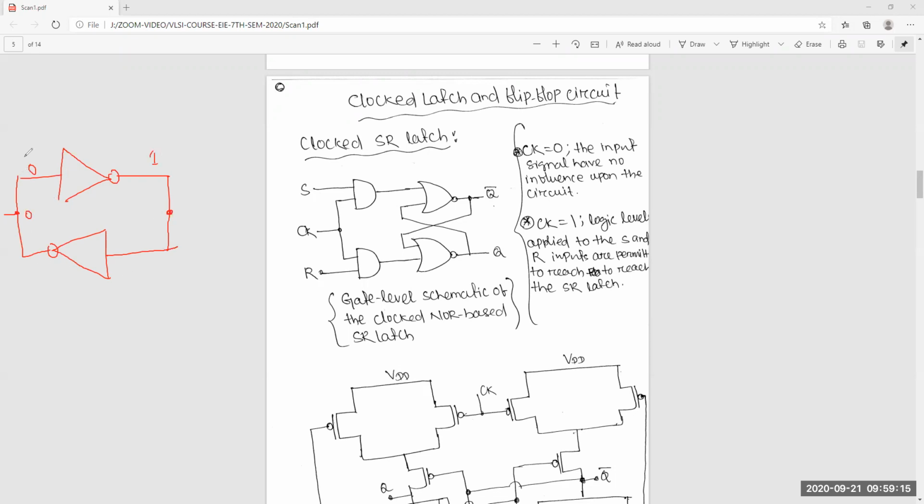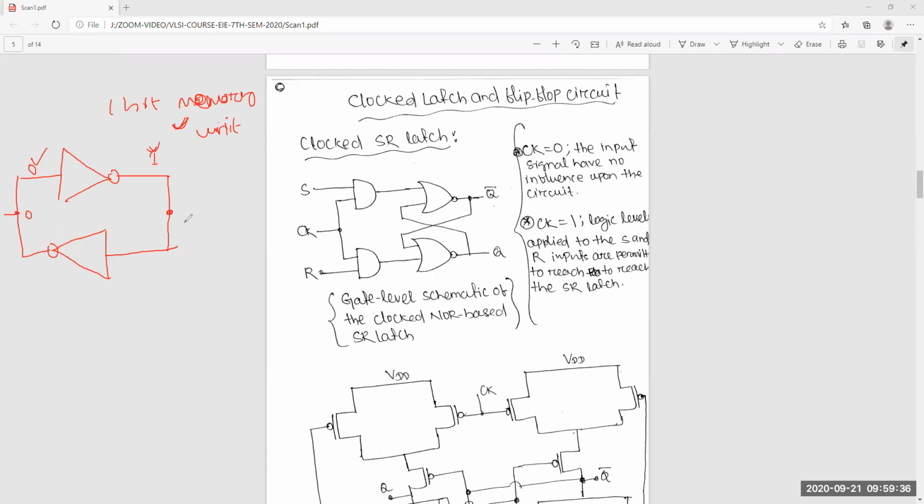So this state will always be there. It is a one-bit memory unit, you can say. It is a static memory unit, so everywhere in the sequential cell this is used.